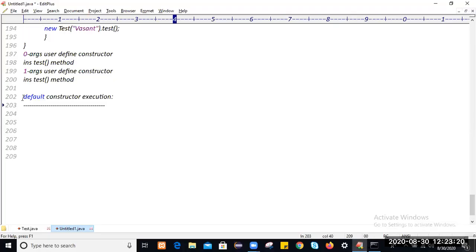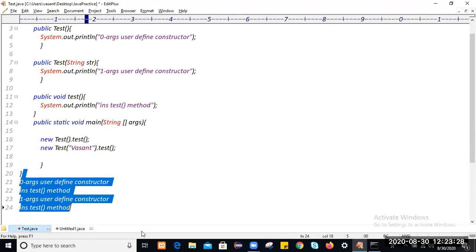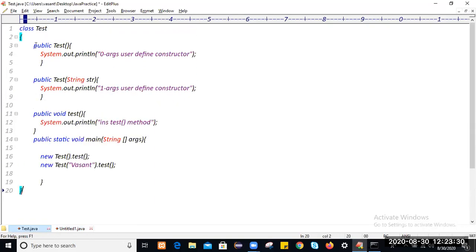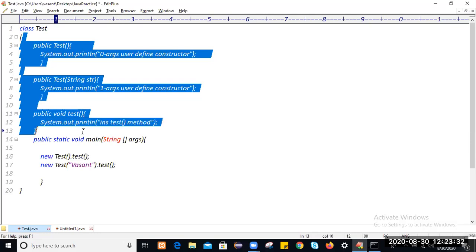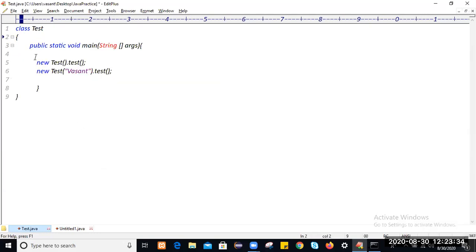Okay, next one is default constructor execution. When will the default constructor get executed within the class? So guys, when you create an object, how do you create an object? Like this.